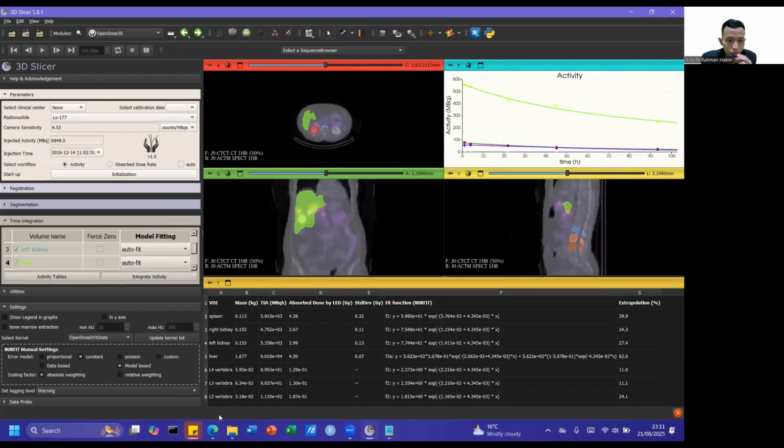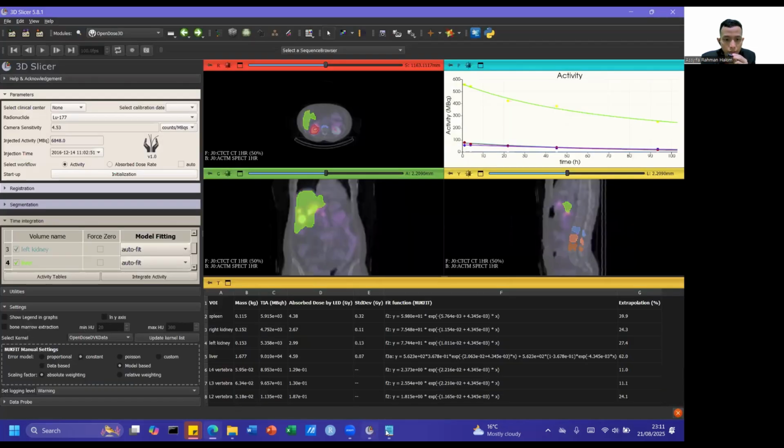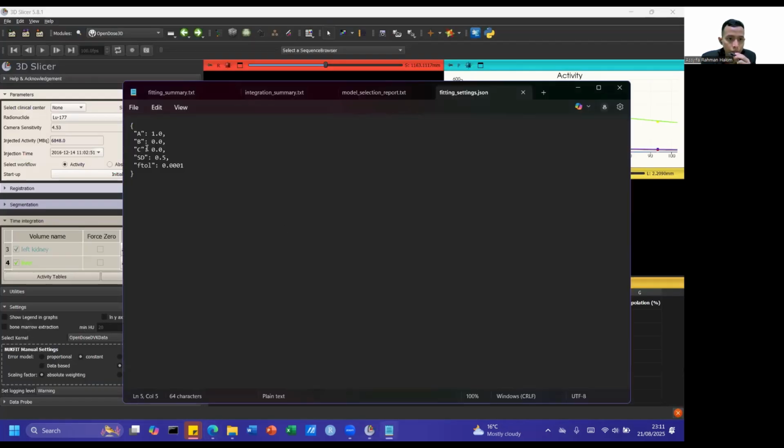For the constant error model, the value of A equals the standard deviation, and the value of B is 0, meaning that this term is neglected, is ignored. So in the settings, again, the A, B, C values will be ignored, and the value of SD will be represented as the standard deviation for the constant error model.